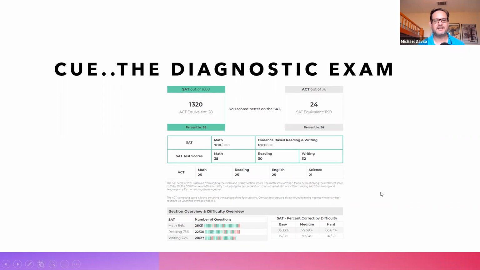So the diagnostic exam, if you haven't done it and you want to do it, all you have to do is text in your portal to Dee or Lori, and they will definitely set you up with a diagnostic test. It's part of your process with us.